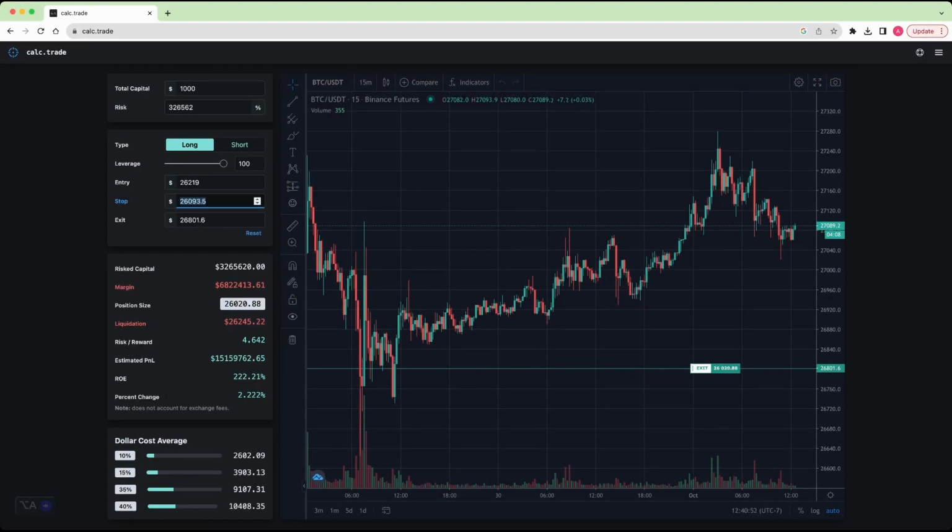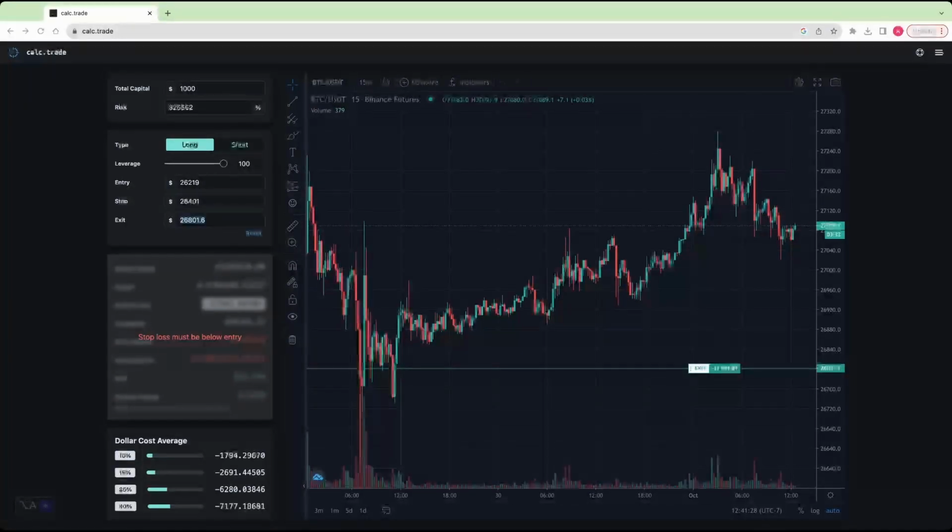It can be as wide or as short as I want, but for the purposes of this exercise, I want it just below that first demand zone. That puts me at 26,401, so I'm going to put in the stop 26,401. And then the exit, that's just a take profit. On a 5-to-1 risk to reward, I'm just adjusting the risk to reward module on TradingView. You can't see it right now, but I'm just showing you. So the take profit would be 27,382.